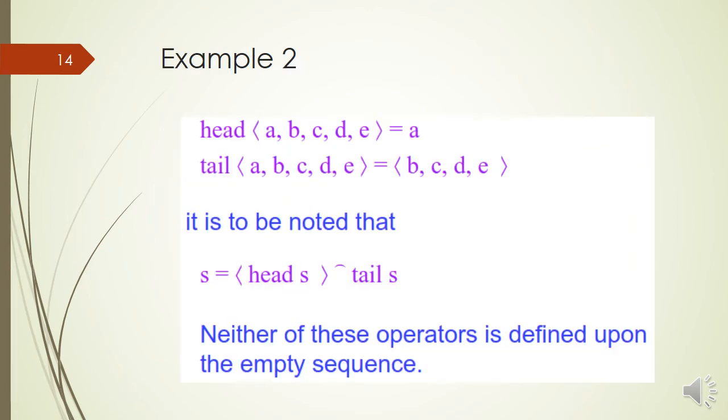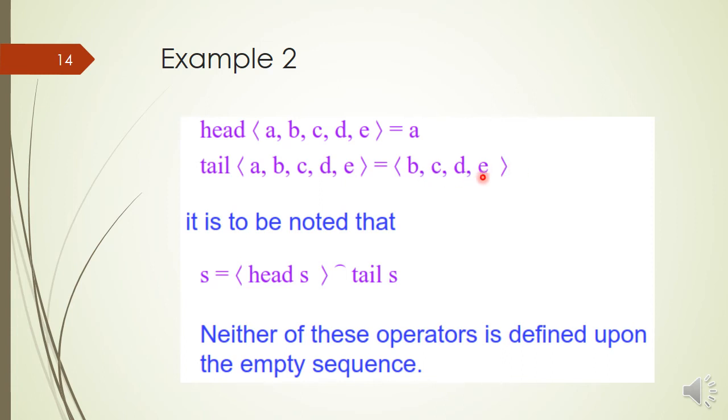In order to understand the concept of the concatenation operator, let us consider the example of the sequence given in this slide. By applying the head operator we will get the first value of the sequence, which is value a, and then by applying the tail operator on the same sequence we will get another sequence without the head value.